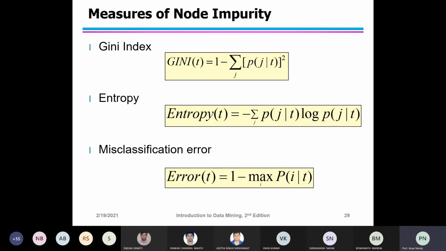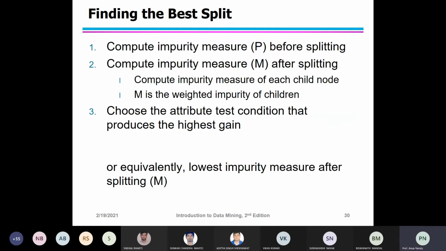Whenever you have entropy and find 0 log 0 base 2, it is equal to 0. Here p refers to the fraction of records that belong to one of the two classes.